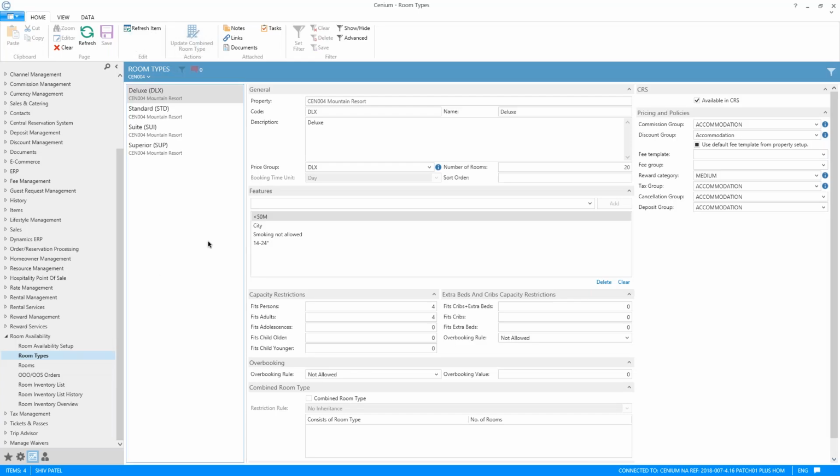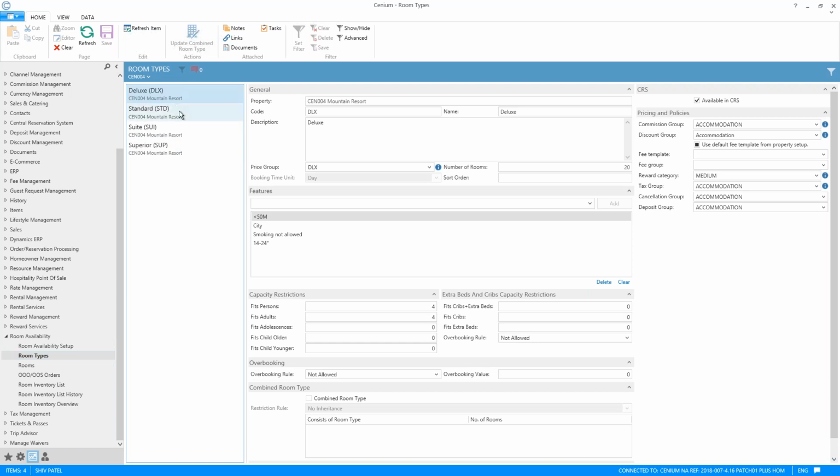In this video, I will be going over room types. Now, room types are all the room types you have available at property level. These room types here are built in accommodations. So if you are wanting to add different room types to your property, then please look at our video on